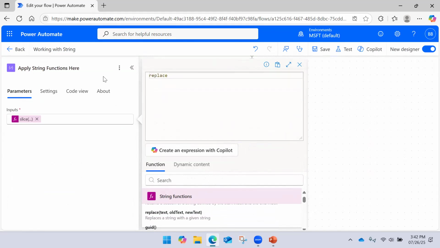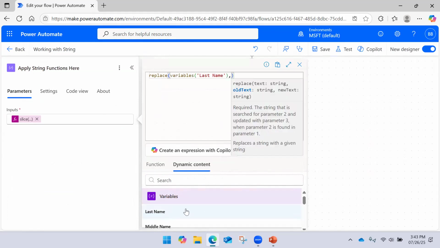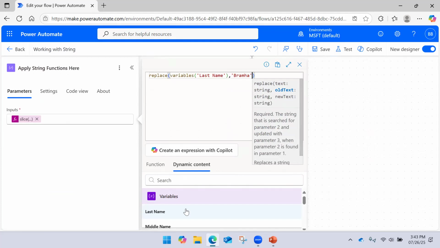This function is also available in Excel with the same syntax. So first of all, text you would like to pass. Okay, I would like to pass the text. I will pass my last name as a text. Okay, then it will ask for the old text. So I will say Brahma.